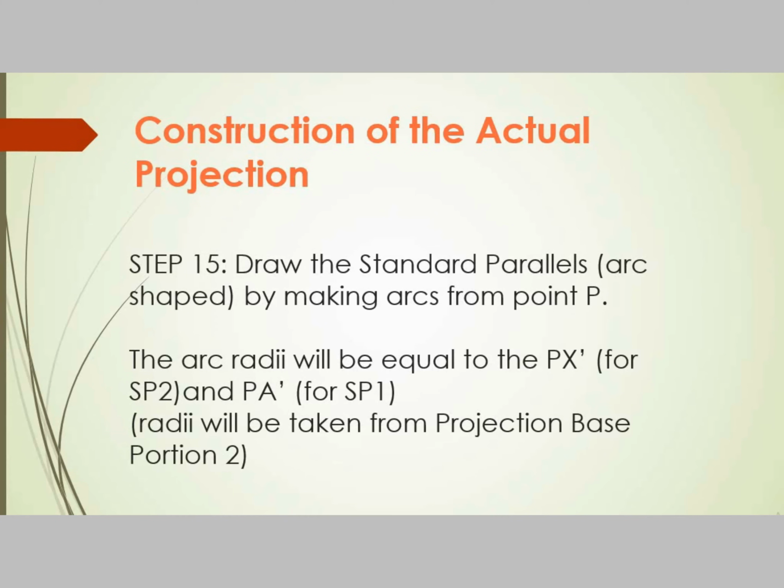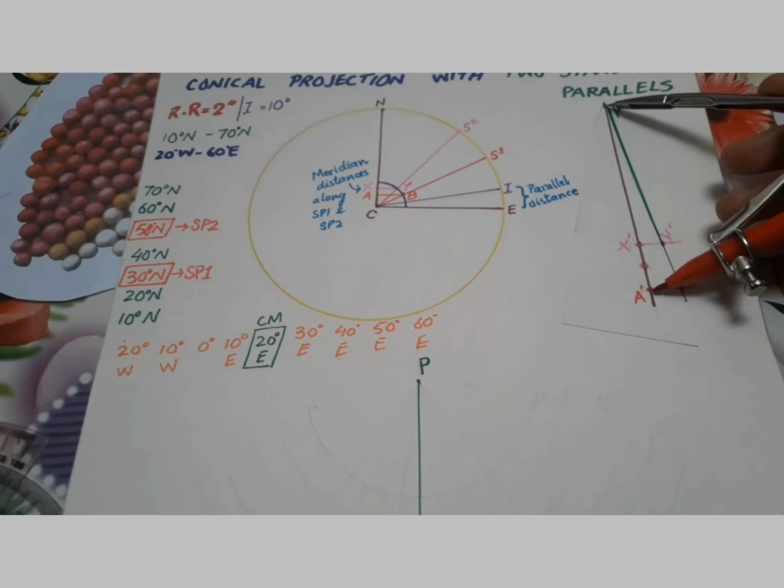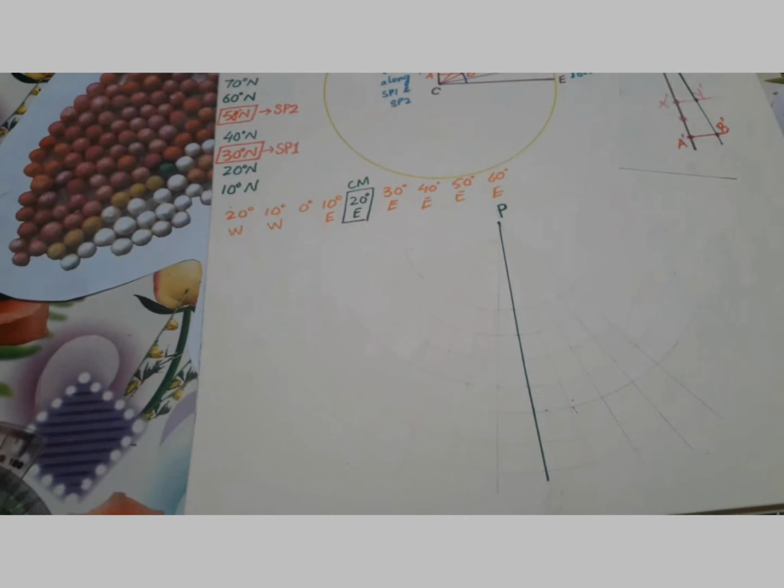Now we will make the two standard parallels in the shape of an arc, and the radius of the two arcs will be taken from the projection base section 2. One arc will be equal to Px dash, the other arc will be equal to Pa dash. Px dash will be for standard parallel 2 and Pa dash will be for standard parallel 1. So here we are taking an arc equal to Pa dash, and with that arc